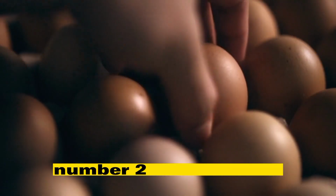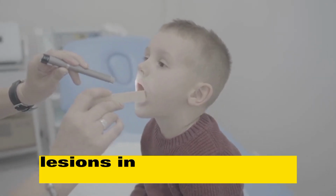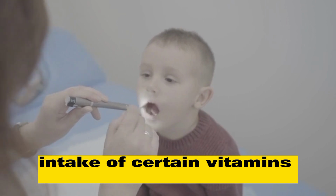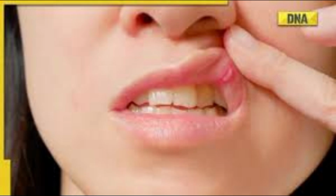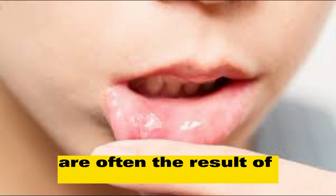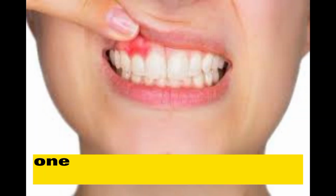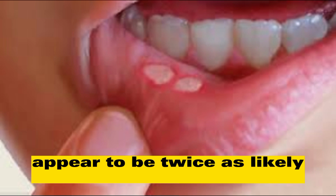Number 2. Mouth ulcers or cracks in the corners of the mouth. Lesions in and around the mouth may partly be linked to an insufficient intake of certain vitamins or minerals. For instance, mouth ulcers, also commonly referred to as canker sores, are often the result of deficiencies in iron or B vitamins. One small study notes that patients with mouth ulcers appear to be twice as likely to have low